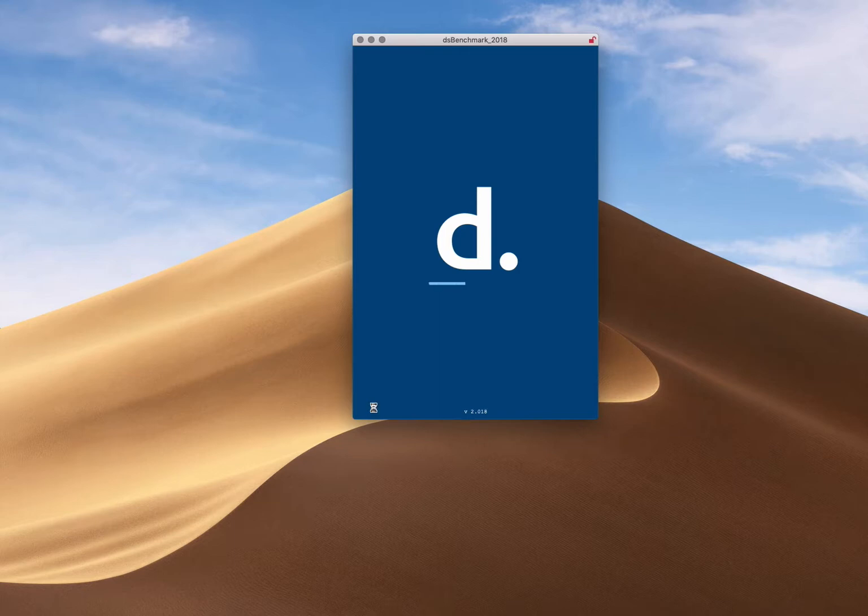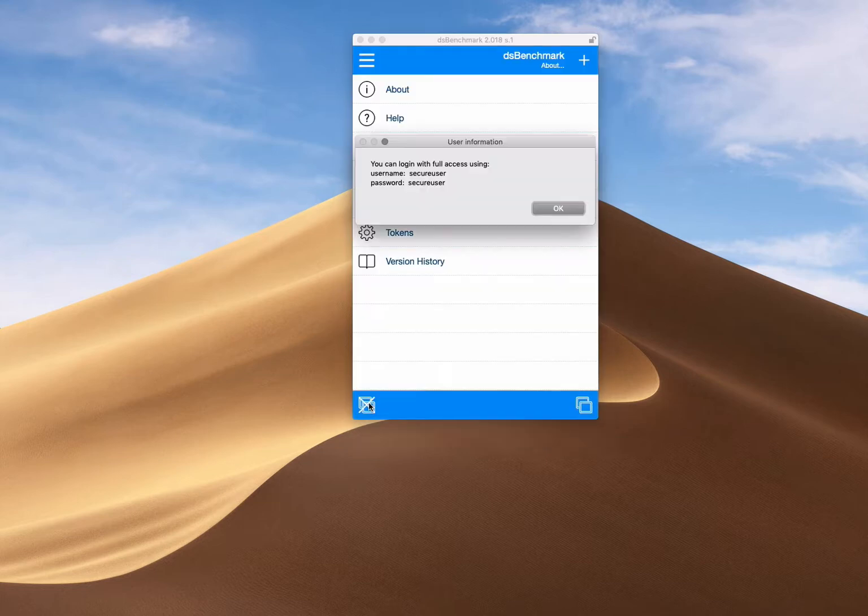Now it's automatically set up to do testing, so the first thing it does is tell you what the full access password is if you want to do that, and takes you into the testing part of the app ready to run a test. So here's the full access. Secure username, secure user password is what you require,